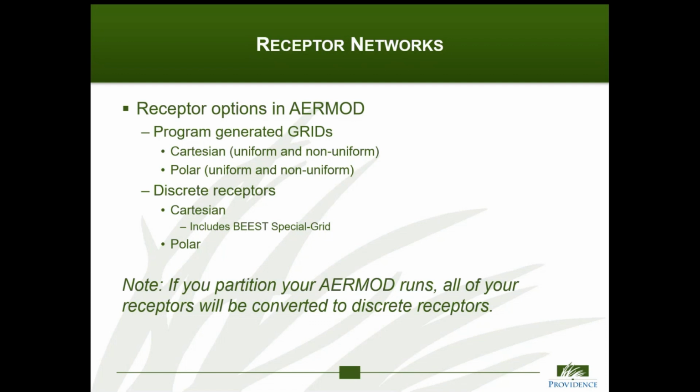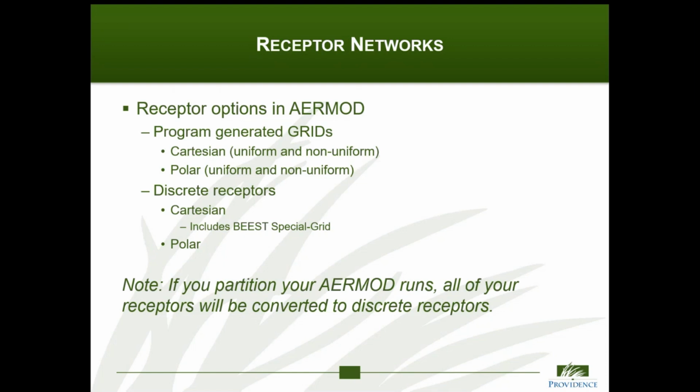But if you want to do a non-uniform grid, you can have the first couple of rows spaced 100 meters apart, and then the 3rd through the 10th row spaced 1,000 meters apart. It doesn't have to be uniform. But all of those are just under the category of grid in AERMOD and in BEAST. Now, in addition to that, we have the option to put in discrete receptors, either in